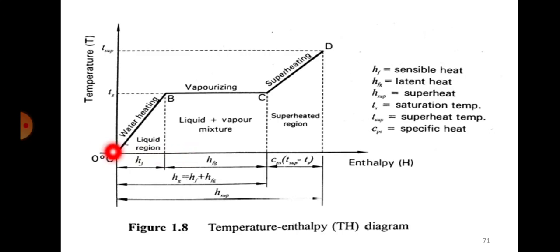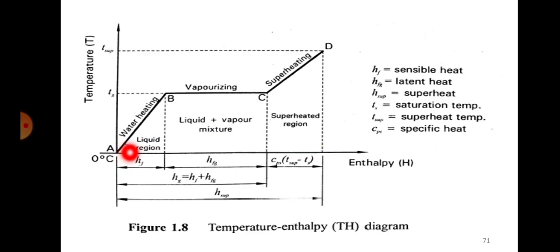So you can see the graph on the y-axis is represented by temperature T, and on the x-axis it is represented by enthalpy H. So it's a temperature enthalpy graph, or TH diagram, what we call it. Okay, so on the y-axis we have temperature, and on the x-axis we have enthalpy. So the initial point is point A. This represents 0 degree Celsius, and the water will be taken at this particular point. Then what will happen? You start giving the heat. You start supplying the heat.